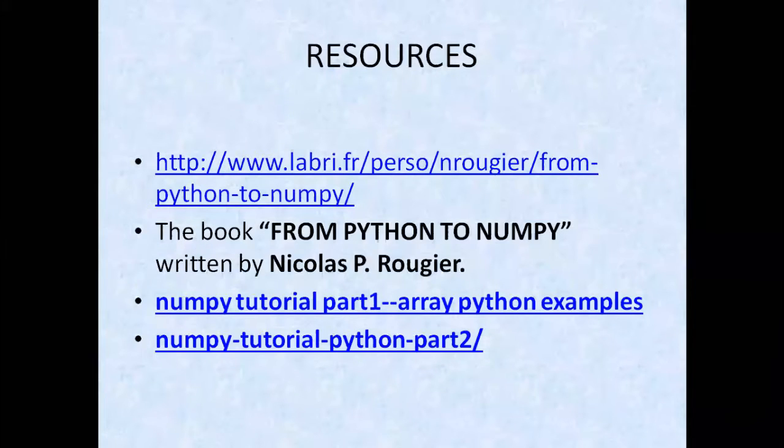And where to learn? Actually, I have told all this time that we need to learn NumPy. But where to learn? Actually, I have included so many links in this slide which should be very useful for our learning purpose. So in the first link, I have included From Python to NumPy. Actually, it was written by Nicolas Rougier. He wrote a whole book just to tell the importance of NumPy. So you can go and visit that book. It is actually open source. He made the book open source so that all may get used to it, so that all can download it and can read it.